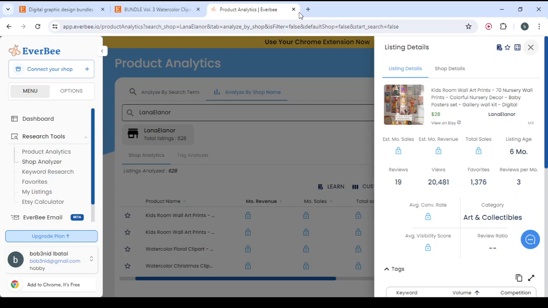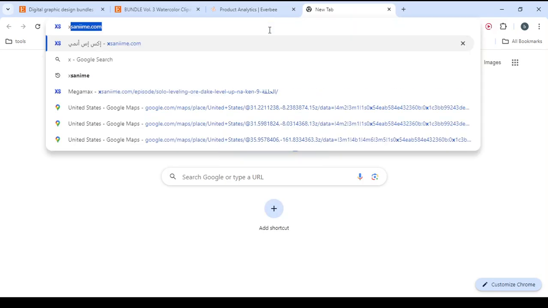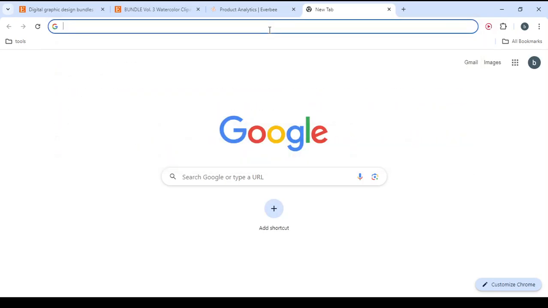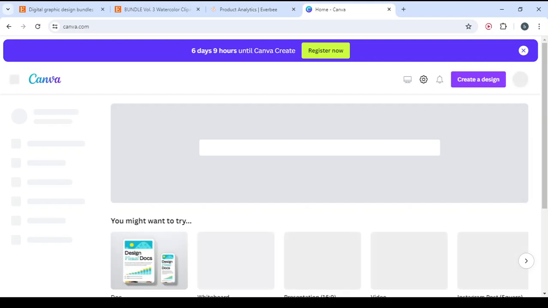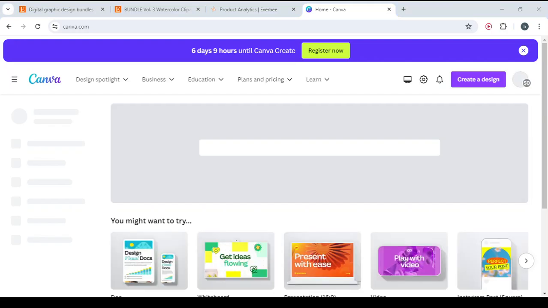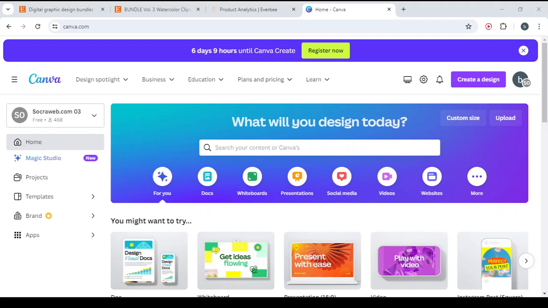So I'm going to show you how you can create a product like that using canva.com. So here, let's open canva.com, and let's wait for it to load. Then we will just type the name of the product that we want to create. So here, let's type digital graphic design bundle,